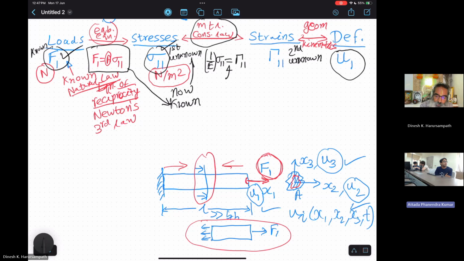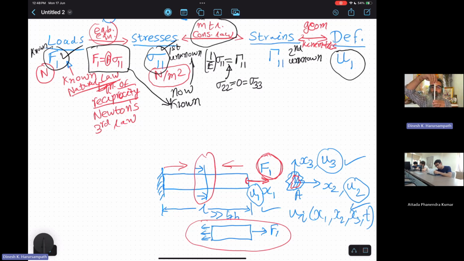I think in this case, we're assuming that it's plane stress. We're using the in-plane assumption where there's no stresses coming in the other two directions. That's correct. If you had either of these stresses, then you would have a gamma 11 coming because of them as well, because of the Poisson's effect. Here gamma 11 is dictated only by sigma 11, which means that we have to ensure that sigma 22 and sigma 33 are 0, which is very easy to do,